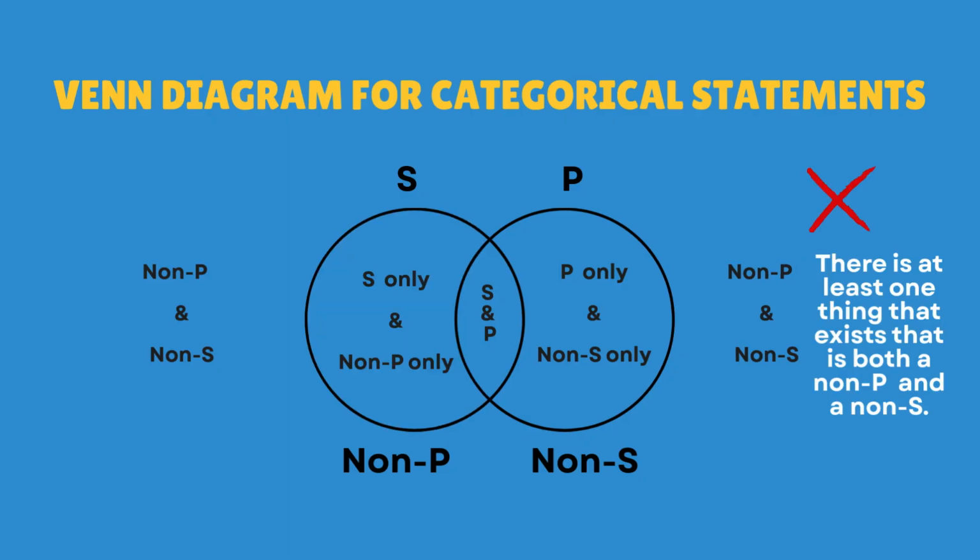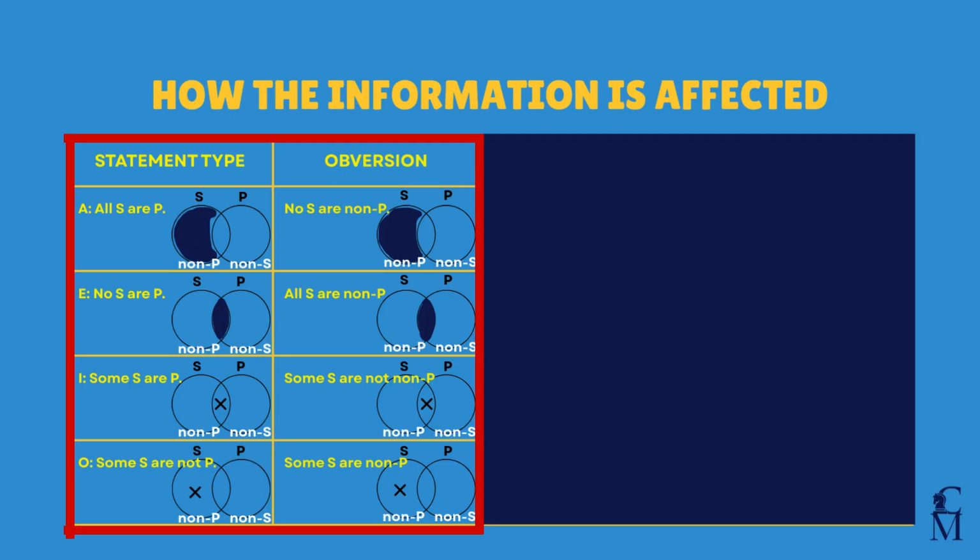If there is an X in a space in a Venn diagram, this means that at least one thing exists in the space that represents the category of things indicated by that space. Now that we know how to read a Venn diagram for categorical statements, let's look again at how the information